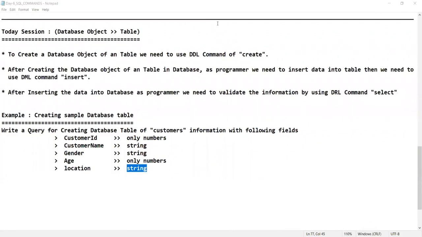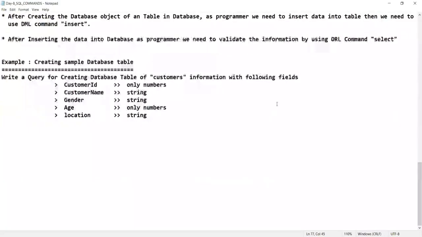As of now, for the time being, we are just creating a sample database. So we will talk later about exactly which data type to take here. For the time being, we are just going with this. These are my business rules. So in order to create a